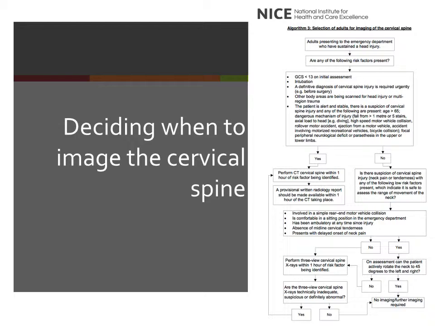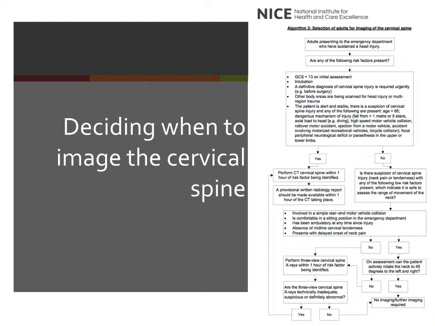So you need to be an adult presenting to the emergency department who sustained a head injury, and you need to assess whether any of the following risk factors are present. The first is that you have a GCS of less than 13, you've been intubated, a definitive diagnosis of cervical spine injury is required urgently, that other body areas are being scanned for injury or multi-region trauma, or that the patient is alert and stable but there's a suspicion of cervical spine injury and any of the following features are present: age over 65, a dangerous mechanism of injury,